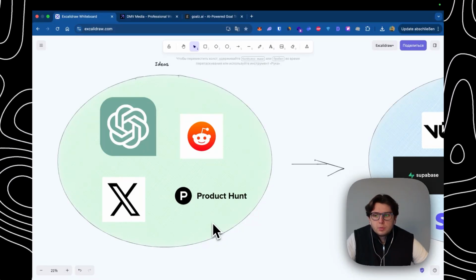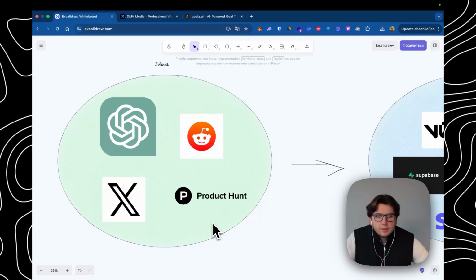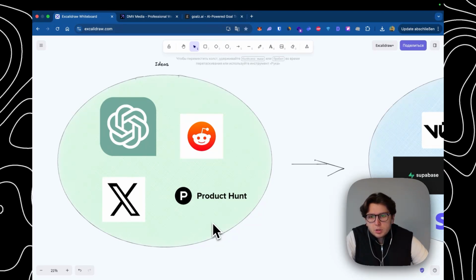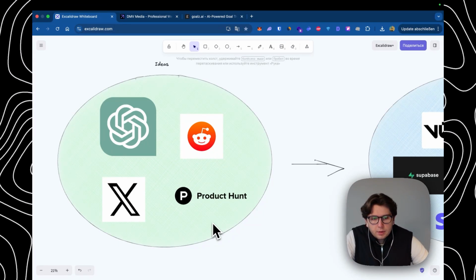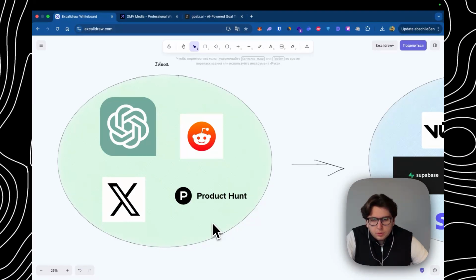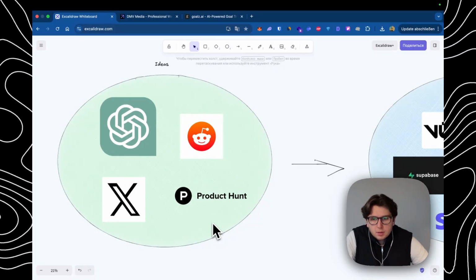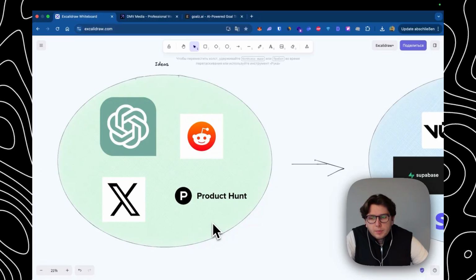If you want to go more niche, in terms of very undiscovered, not saturated, low competition niches, I would suggest going into very specific subreddits. It might not be a very tech niche, but it will have a lot of demand and a lot of customers. As I said, it should not always be tech.